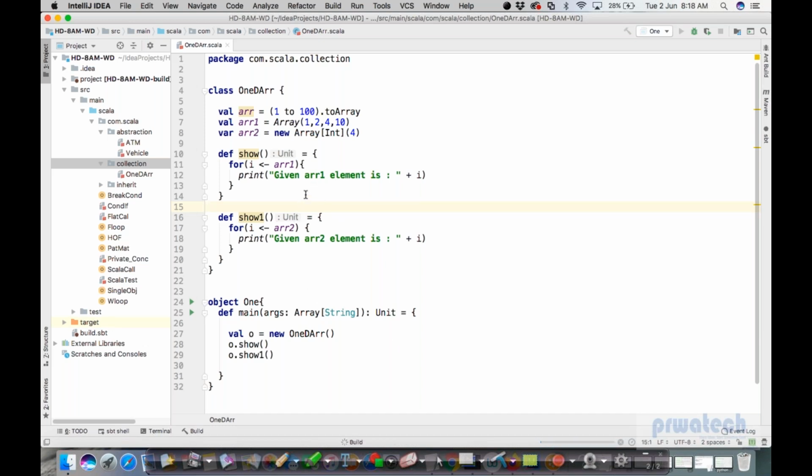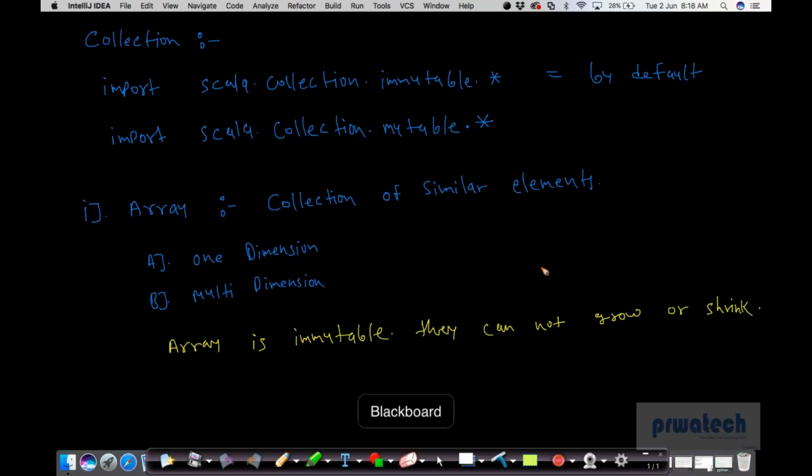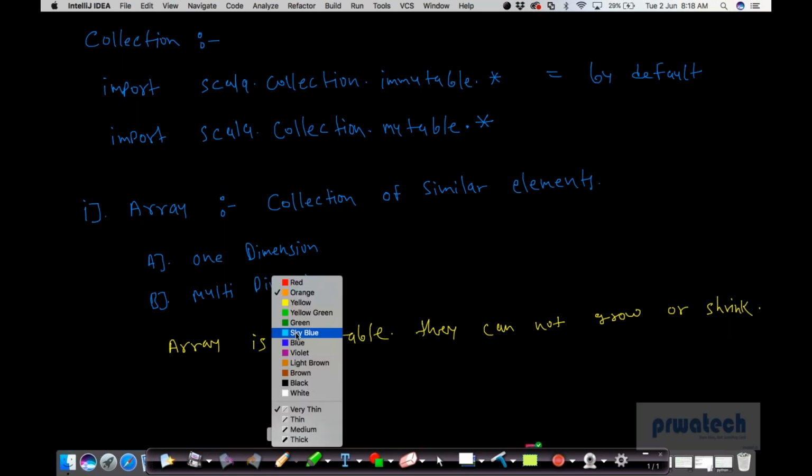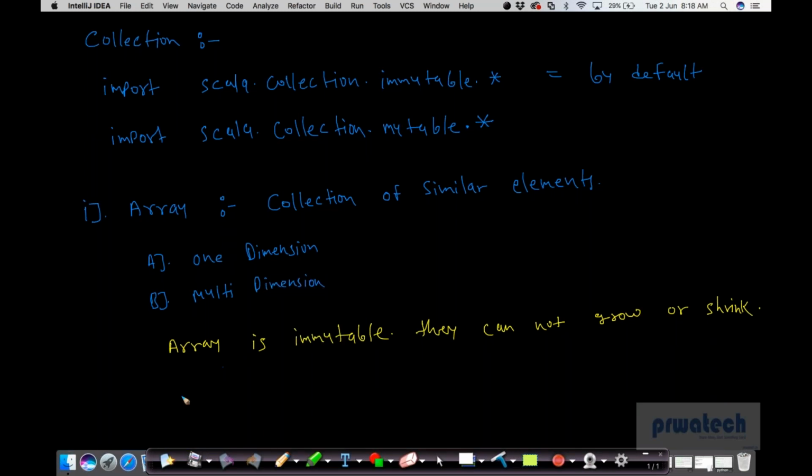We'll change many things here. Okay, this is just one code. Many statements you can change according to your requirement. You can call directly from the object. You can create a constructor here also. So the basic type of array is what we are accessing based on the index. Array size is always